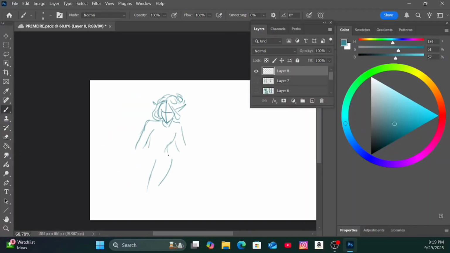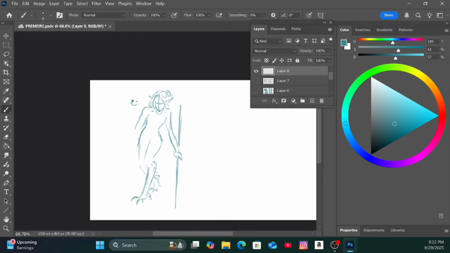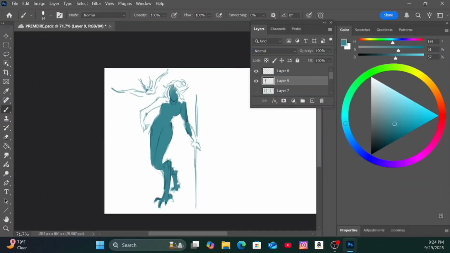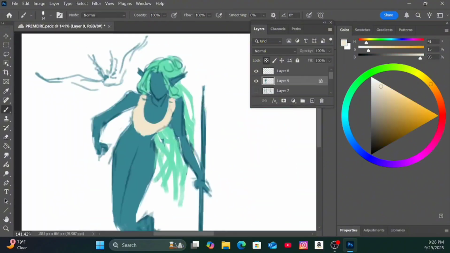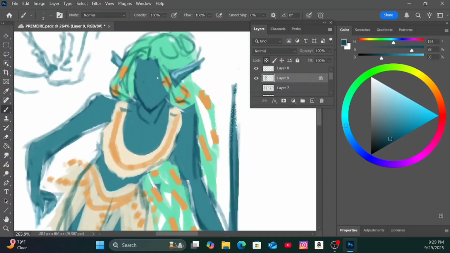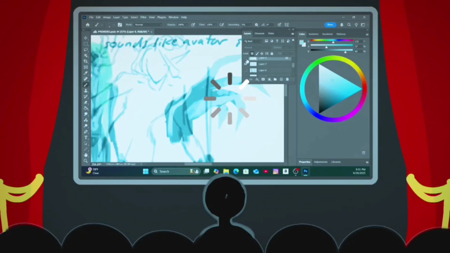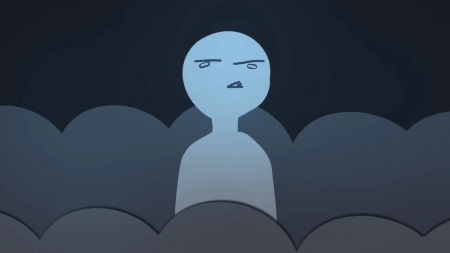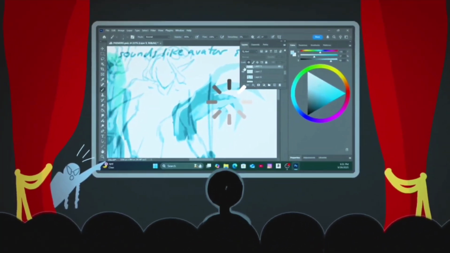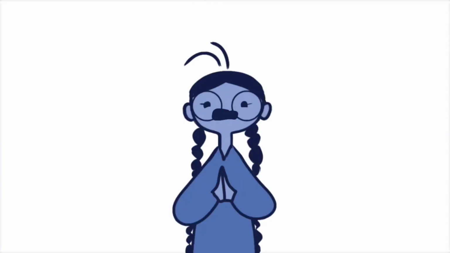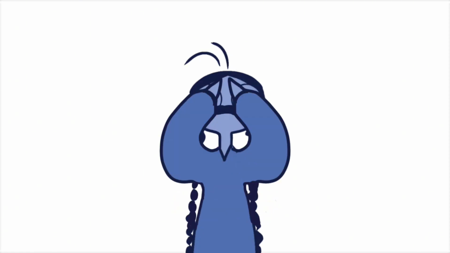Then I started to do a little more detailed sketch of her, because at this point I was like, you know what, I just want to do her in a hunting pose. Why not? So I drew her with a spear and started coloring her, and the screen recorder quit on me! Super unfortunate, screen recorder absolutely bailed on me, and then when I looked up for my finished product, I was like,